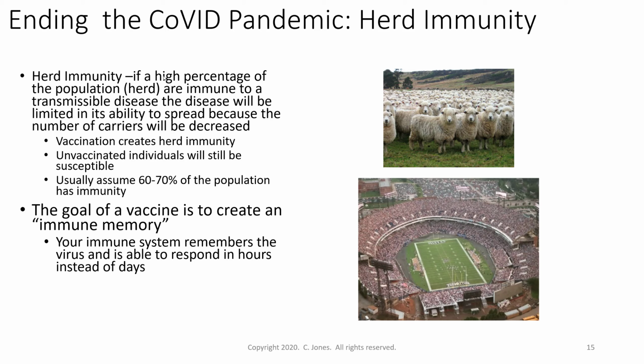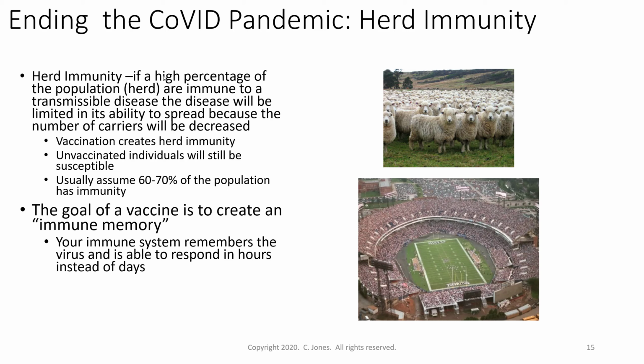Vaccination increases herd immunity. The alternative is not to vaccinate and let everybody get sick, and that would just be a horrible solution. So we want to develop a vaccine. Unvaccinated individuals will still be susceptible, and for almost any vaccine, there's a small percentage of people who are unable to take the vaccine. They may be immunocompromised, their immune system may not work, but there's always going to be some people who can't take the vaccine. So the more of us who are vaccinated, we can protect those people who can't get the vaccine.